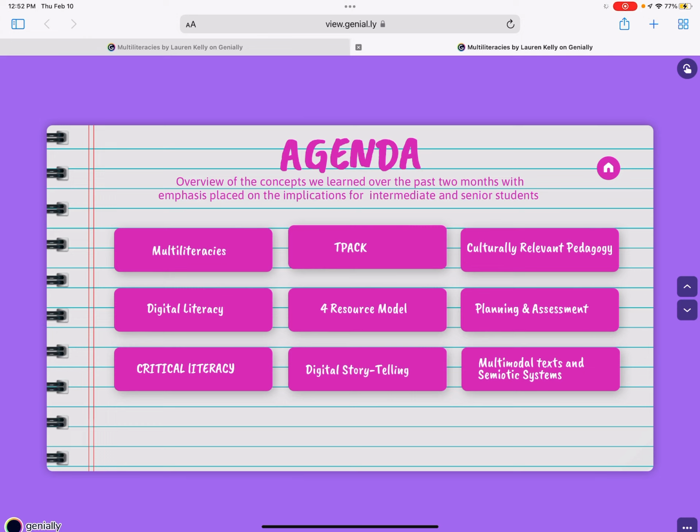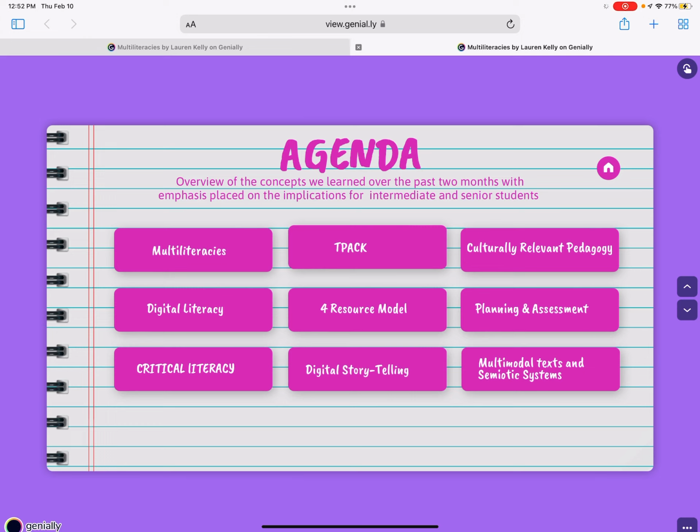To start off, we began talking about multiliteracies and what it is to be a 21st century learner. We covered what multimodal text is, and we were given specific techniques on how to use them with our students. To say it in simple terms, for me, 21st century learners are what we are basically hoping to achieve from